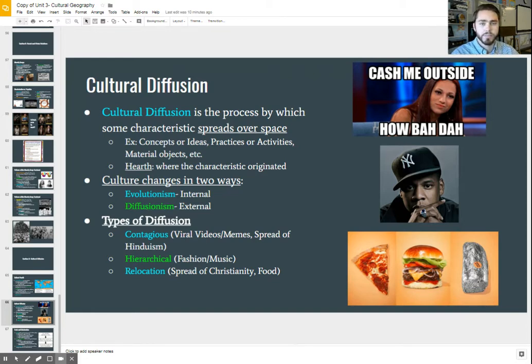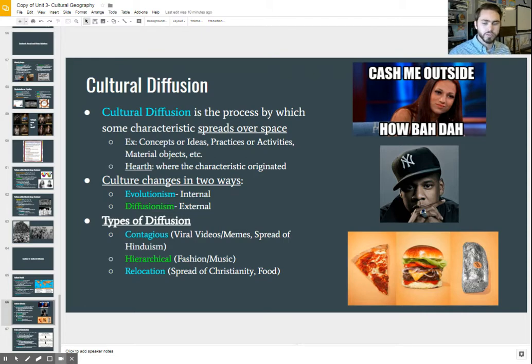And this oftentimes happens when somebody moves from one place to another. A famous example that we've mentioned in here before is how Christianity spread. When explorers went from their locations in Europe out to the New World, it oftentimes brought their religion with it. And so moving to the New World and setting up colonies brought the spread of Christianity. And one of the reasons why we see Christianity spread around the world today is because of people moving to different places around the world during that colonization time period and later on the imperialism time.